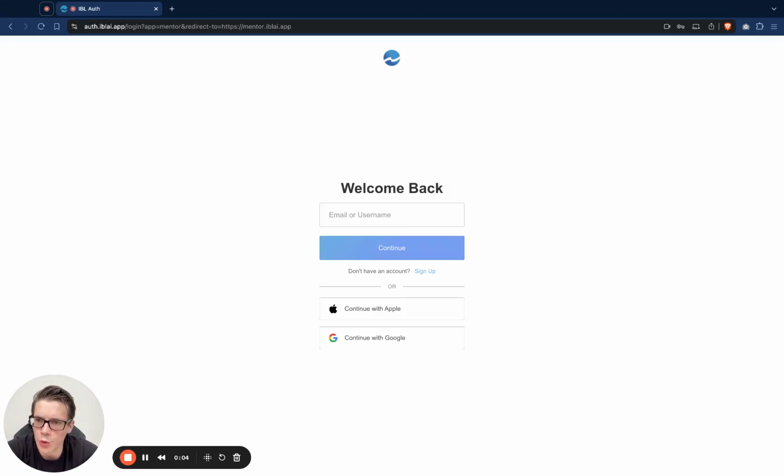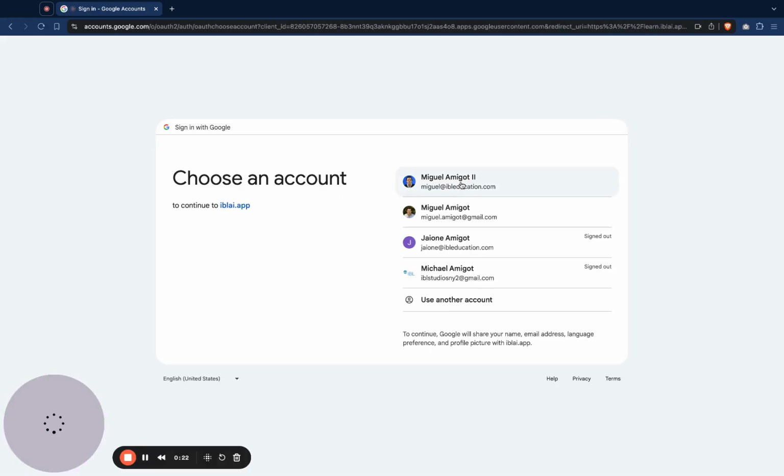We're going to do a quick walkthrough of our AI mentor application that allows you to create, manage, and deploy any mentors by selecting your language models, your system prompts, data sets, and so on. So we're going to start by continuing with Google,